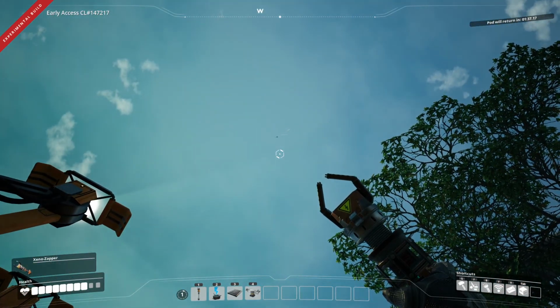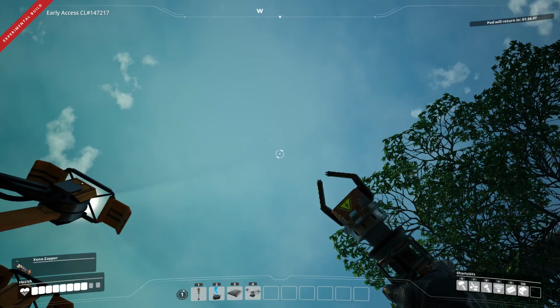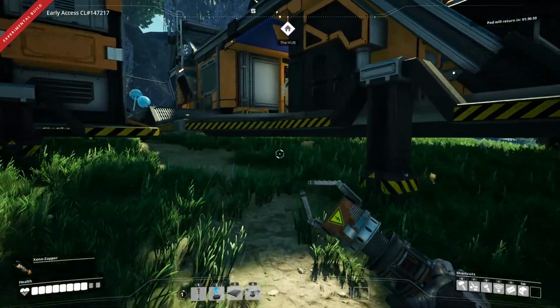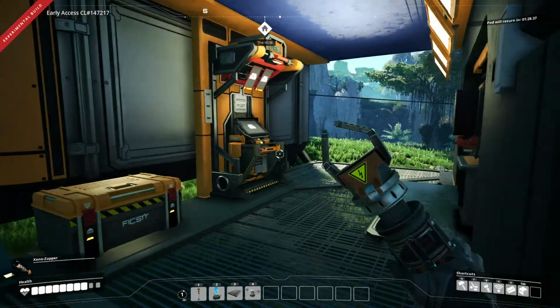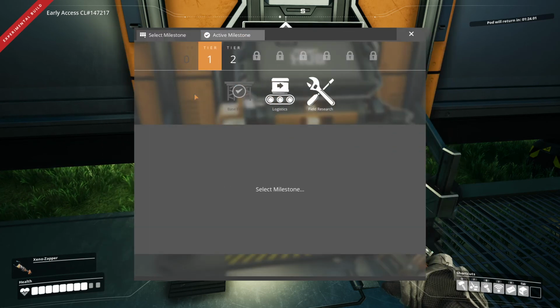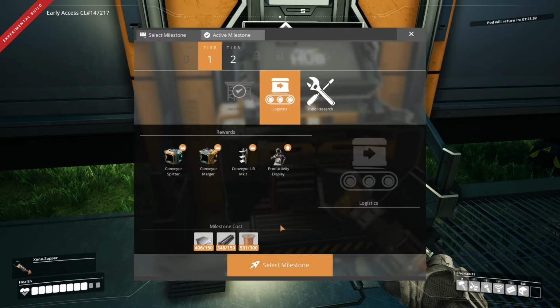And away it goes into space. Alright, nice. So that will be back, which kind of slows us down on being able to just knock them out because you have to wait for it to come back. You don't have to wait on resources. But what we're going to do is